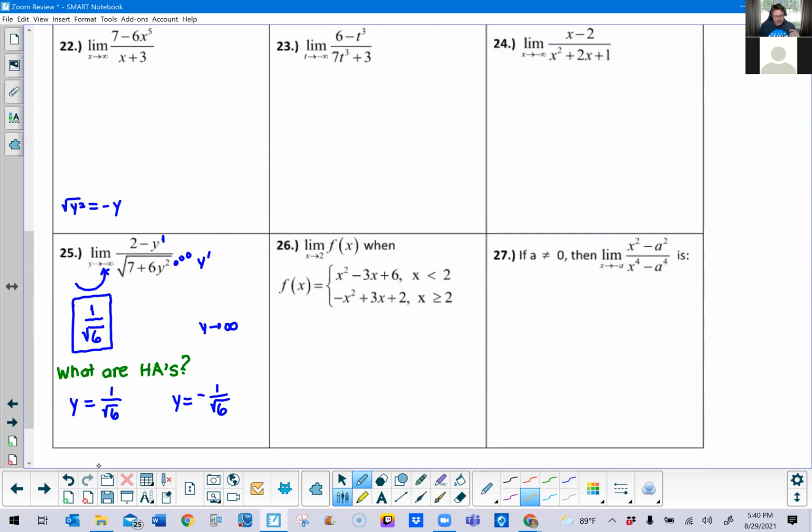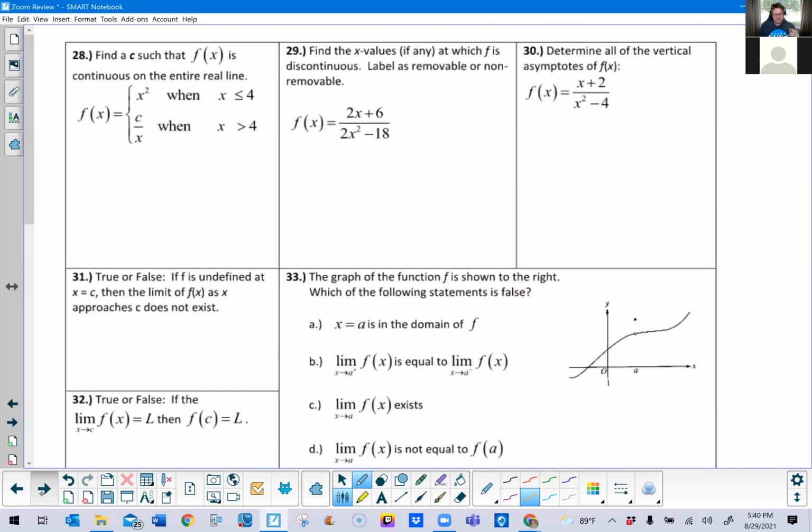Now that's not on this page, but I don't mind switching over here and taking a look because it's not a limit problem, but it's going to segue right into the next group of problems I want to talk about. So find the x values at which f is discontinuous, and then let me know if they're removable or not. So the idea here with any kind of a fraction problem, if you're finding discontinuities, if you're finding asymptotes,